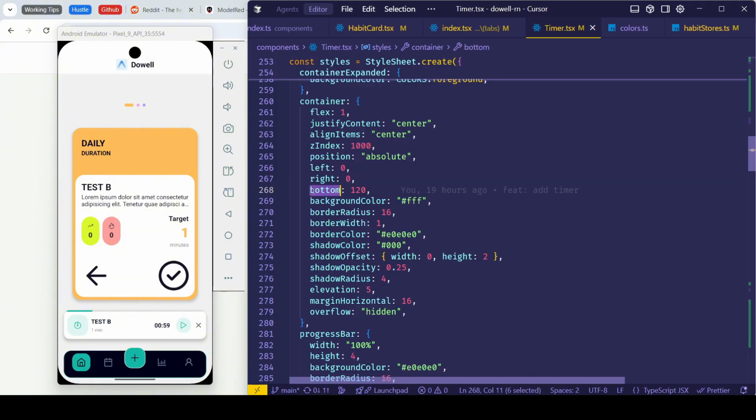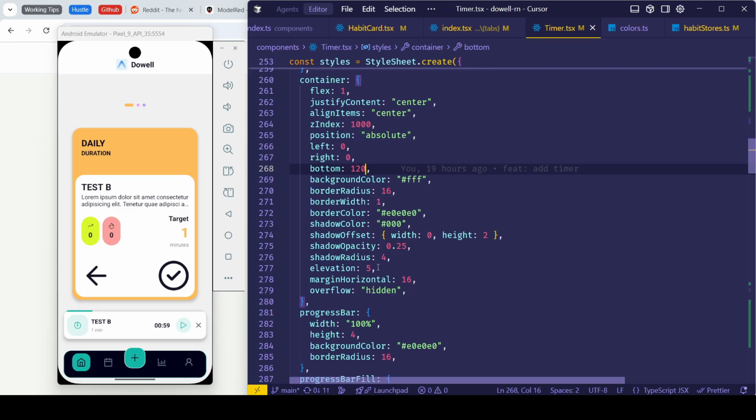There you can push the floating with 120. It will be pushed from the floating nav, so the countdown section will appear above the navigation. Then if you want to show a shadow, you can just use the property elevation, then you can create the shadow with this property.